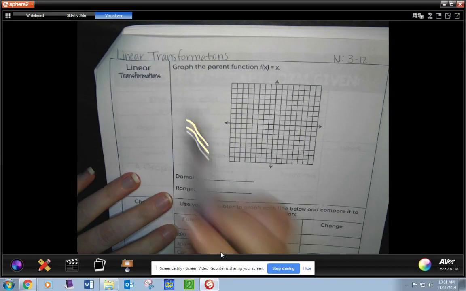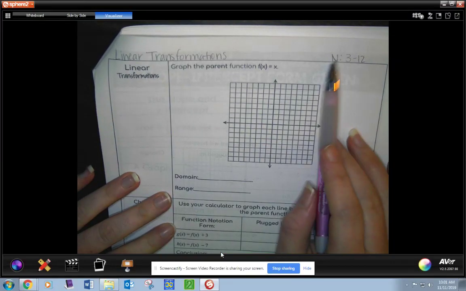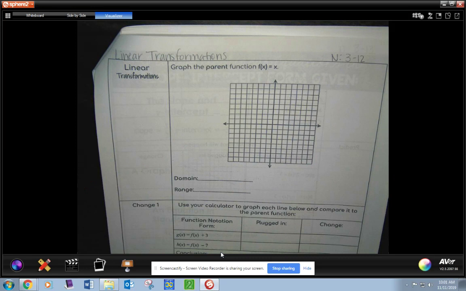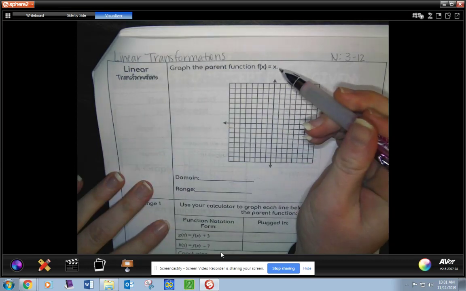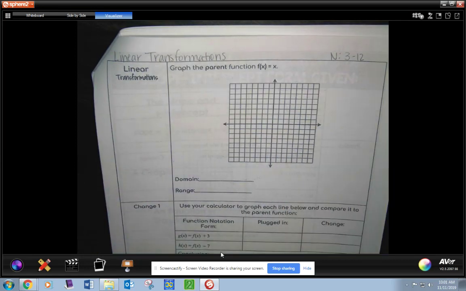Right, so switching to linear transformations, which is notes 3-12. Okay, you can do a lot of this in the calculator, so I'm going to show you different ways. We're going to graph the parent function f of x equals x. Now, a parent function just means the generic one. So I can change this function if I put numbers in front of it, but right now it's just